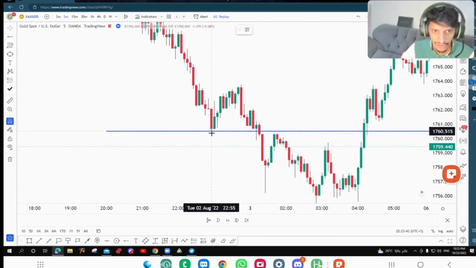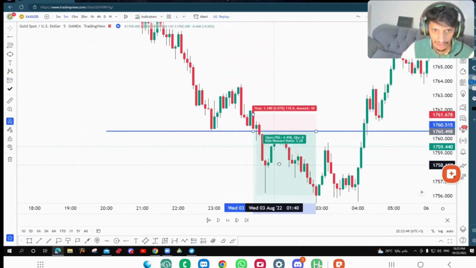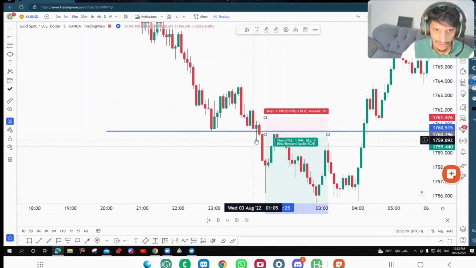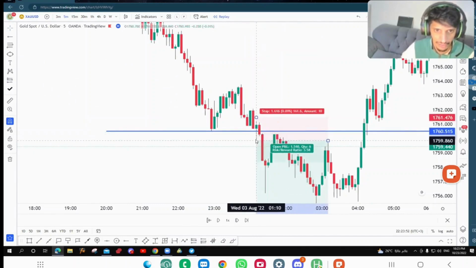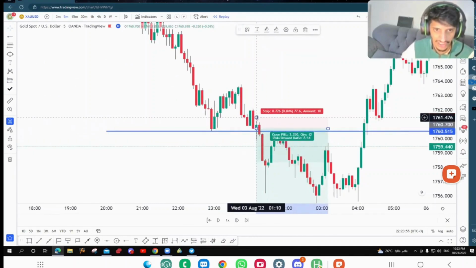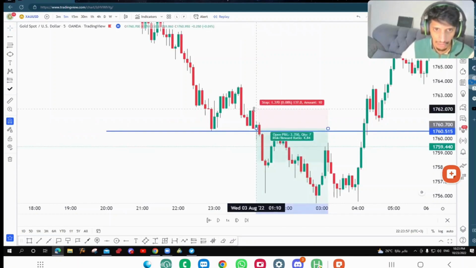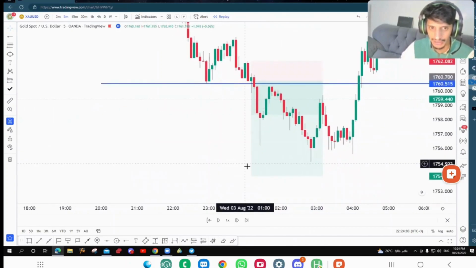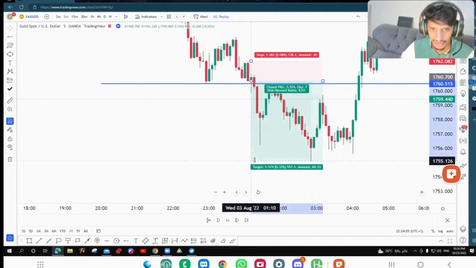Short position. This is the low, right? So this is the candle that broke the low, right? It should have activated my sell stop, right? My stop loss should be on the previous candle high, and I will target